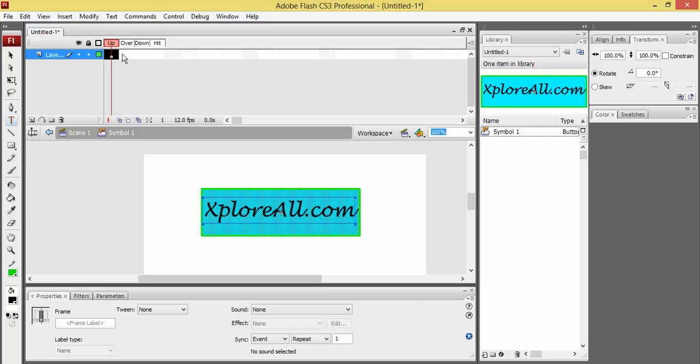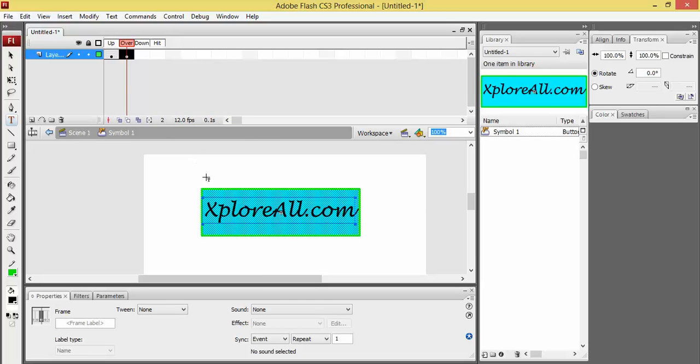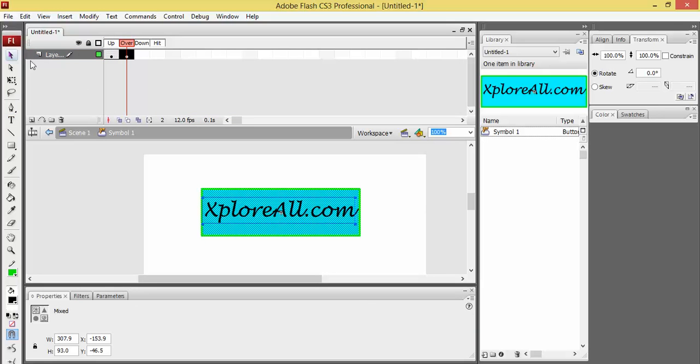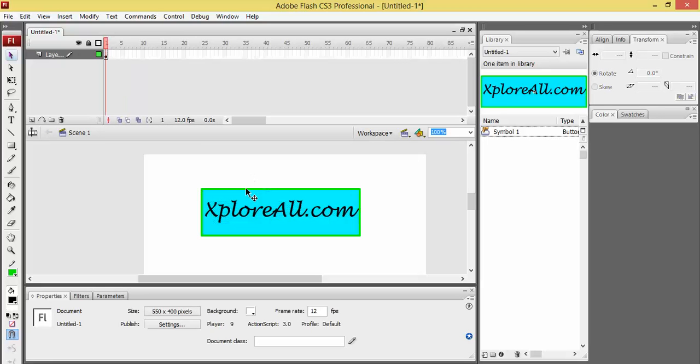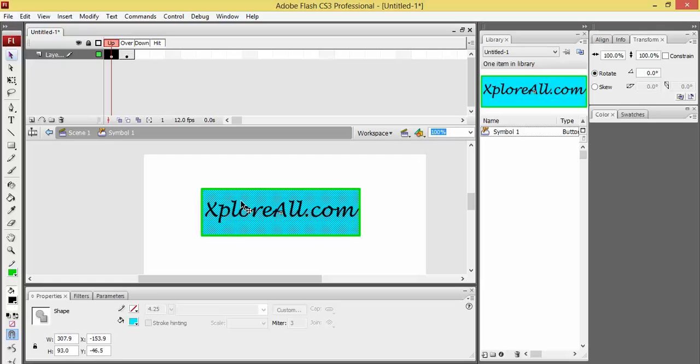Next, go to the over frame, right click and click insert keyframe. When you insert a keyframe, take your selection tool once again, click on that, and change this. You are on over.